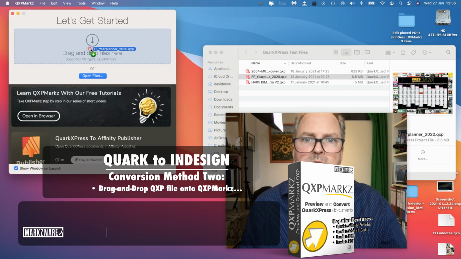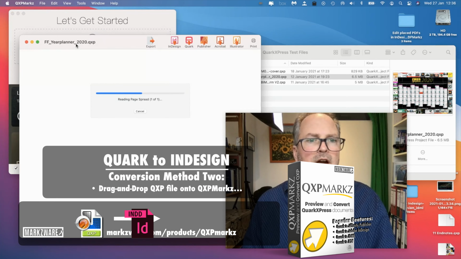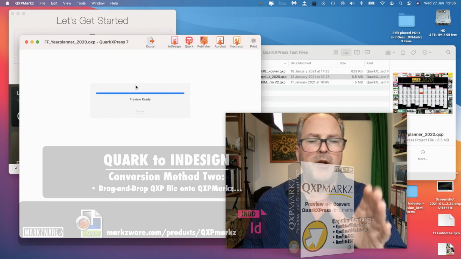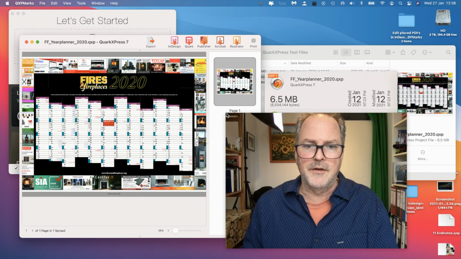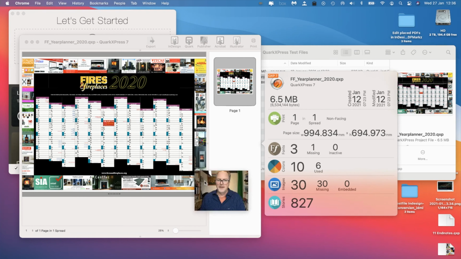I'll do it on the interface. It's more visual in this case. I drop it on there. We prepare a preview of the Quark document before actually allowing you to convert it. Now, let me get me out of the way here. Put me as like a little